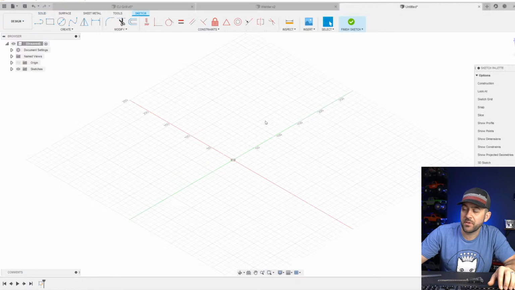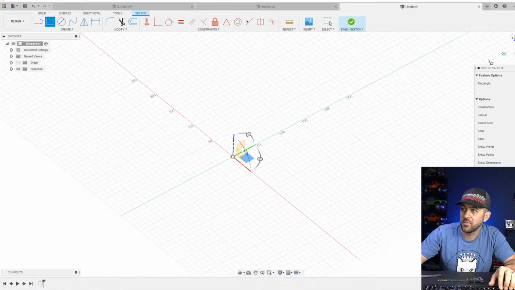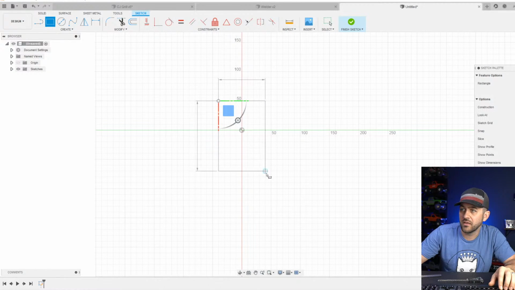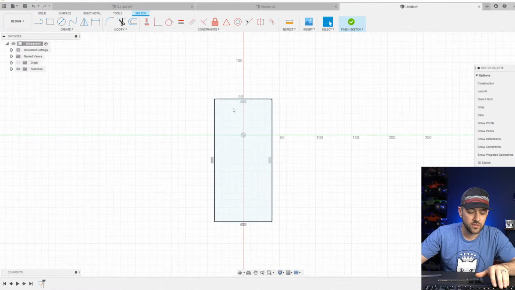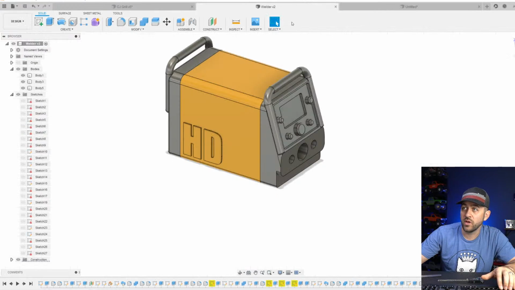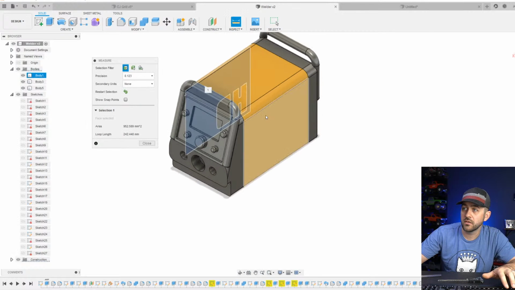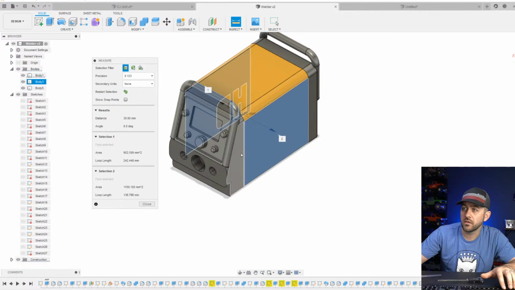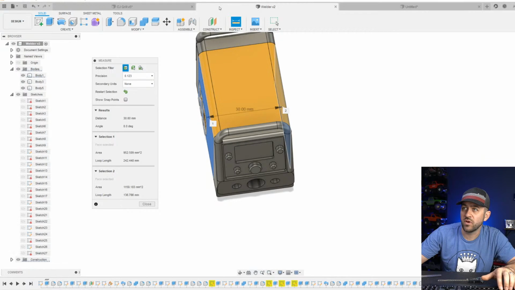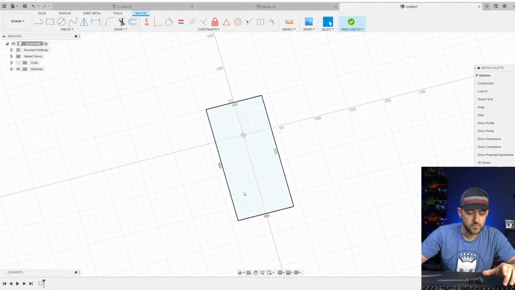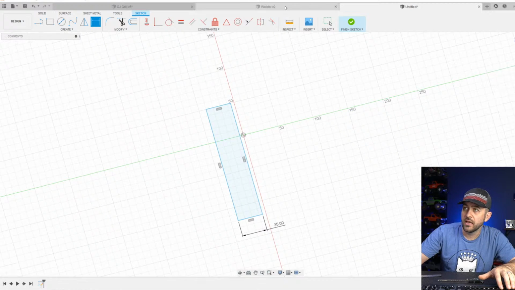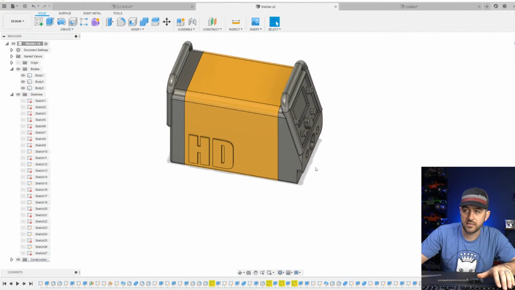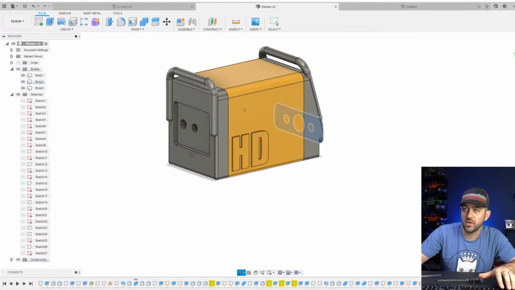We're going to start on the top. I'm going to start with a base on this thing for some reason. Not 100% sure why. We're going to do a couple of things. We need to make this thing wider than our welder, which was, let's say 30 millimeters wide. So we're going to go with 35 millimeters wide. And our welder front to back should have been closer to 28, but